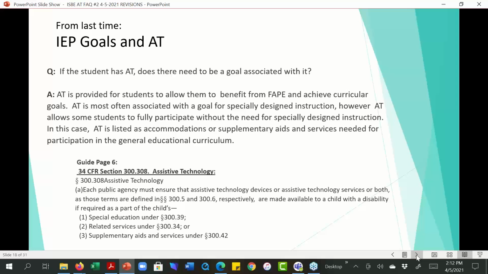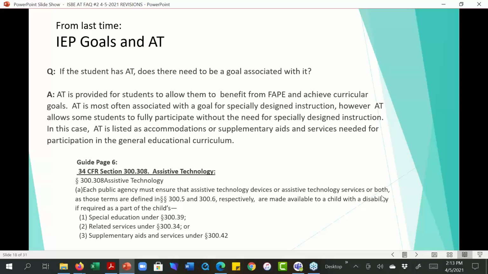One of the very good, thoughtful questions I thought from last time was, if a student has assistive technology, does there need to be a goal associated with it? And here's the response that we developed from that question, and also a reference to information that's in the big document, the actual Illinois AT guide.